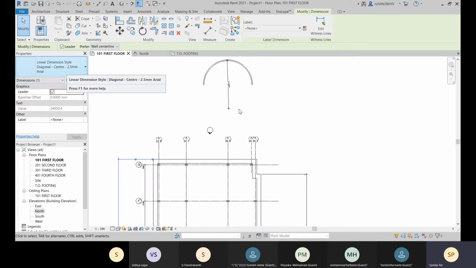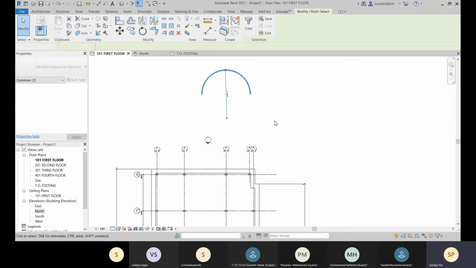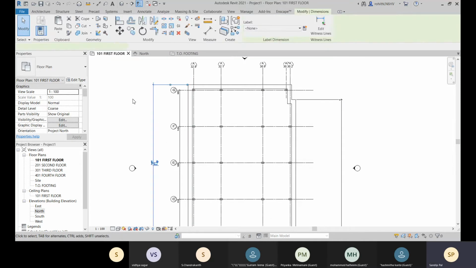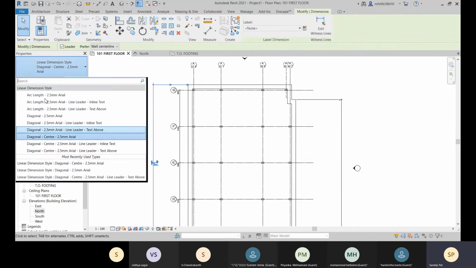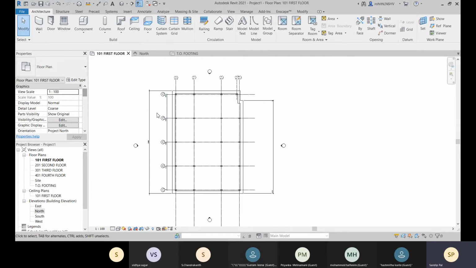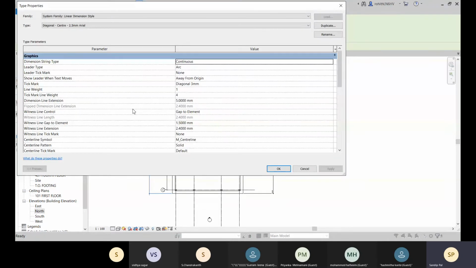All right, so about this one, we were defining it. For these radial dimensions, we have particular dimensions already. So this will be for your linear type. All of them are for your linear dimensions. When you select any radius or radial objects, there will be one radial dimension type. Now let's work with this linear dimension type, and this is the dimension, and let's edit them.